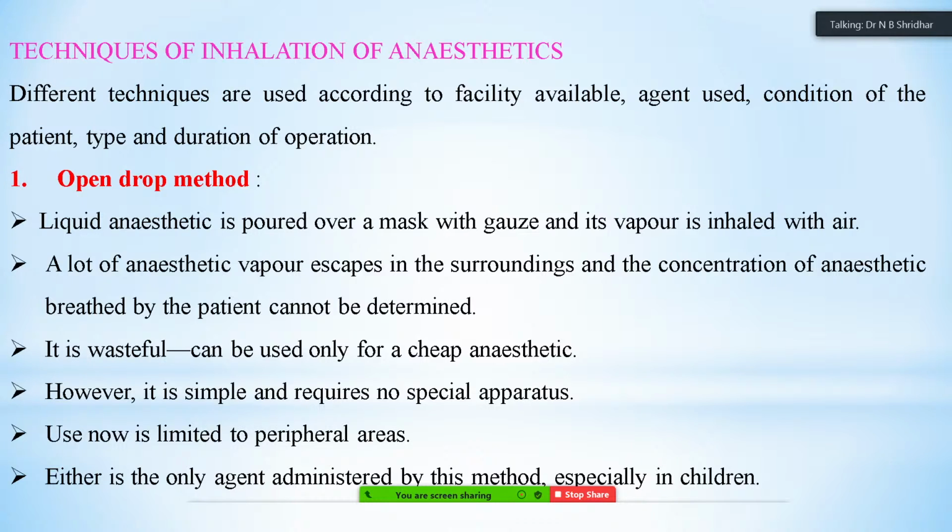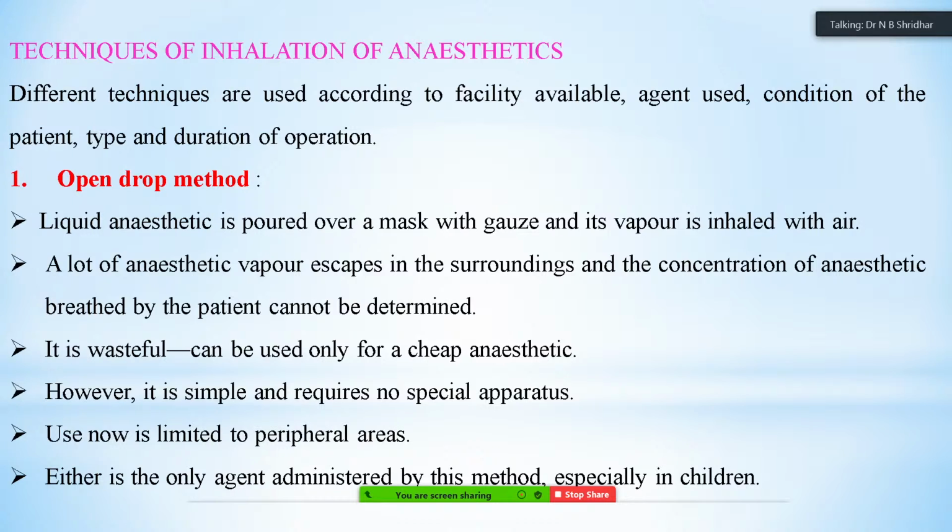If it is a prolonged surgery, then different anesthetic agents will be used. If the surgical time required is very short, like a minor surgery, then the gaseous agents will be different. Technique number one is the open drop method. Here the liquid anesthetic is poured over a mask with gauze, and its vapor is inhaled by the patient. This is what we usually observe in movies, where they put the anesthetic agent on a kerchief